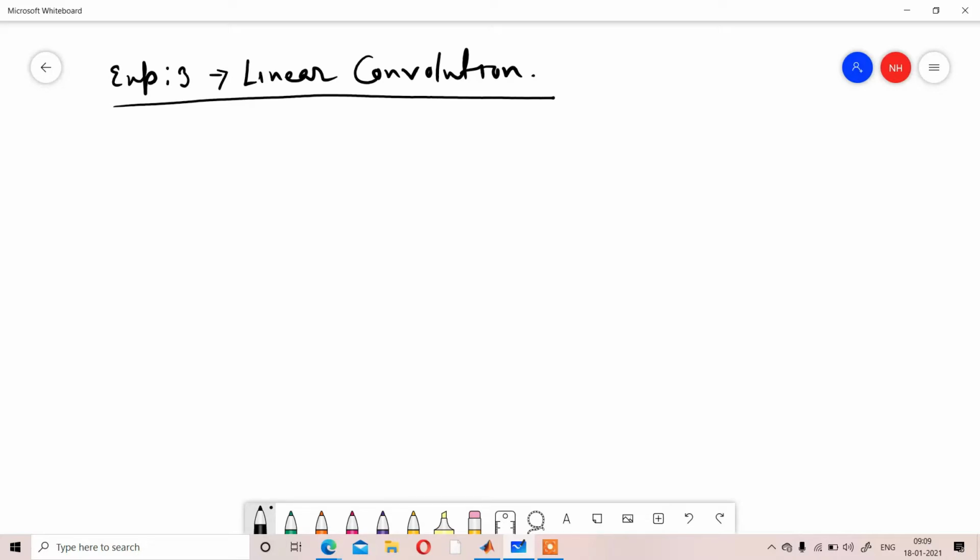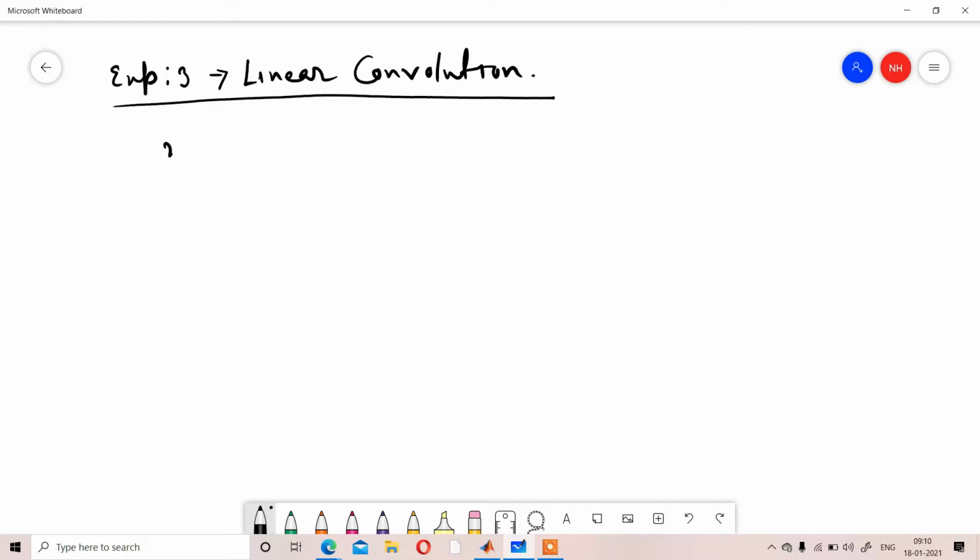Okay. So, in today's experiment, that is experiment number 3, we will check the linear convolution of two sequences. I think all of you know what linear convolution is and how it happens. So I'm just giving you an example. I am making you understand the code. If there is any problem, then you will ask me the question from there.